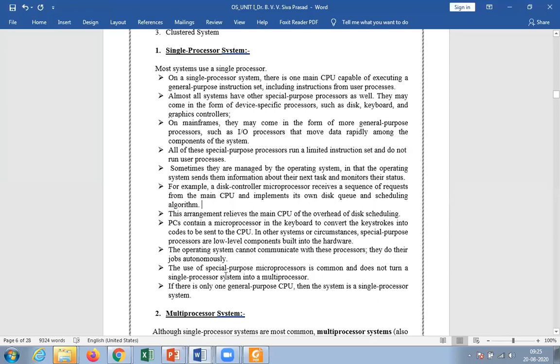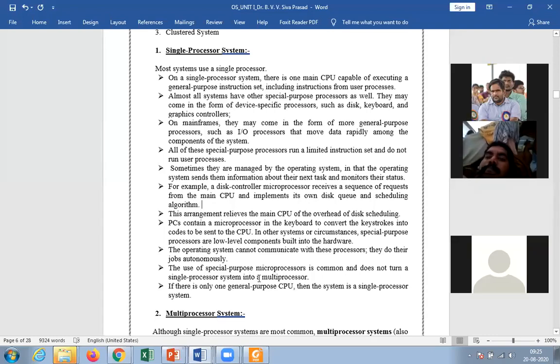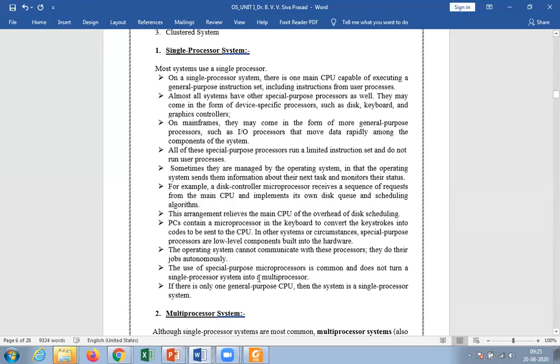Next, the use of special purpose microprocessors is common and it does not turn single processor systems into multiprocessor systems. So you are using so many special purpose microprocessors, but our system is still only a single processor system.